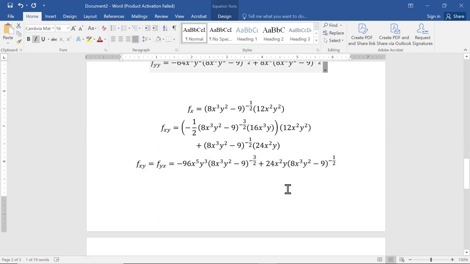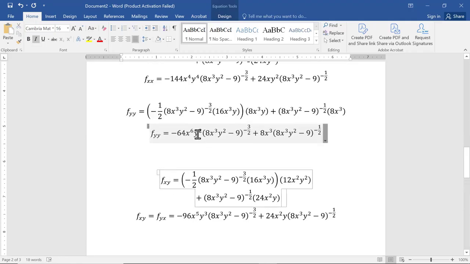So if you do derivative with respect to x, then derivative with respect to y, that's the same as if you do derivative with respect to y first, and then derivative with respect to x second. So there's your mixed partial derivatives. So now you have all 4